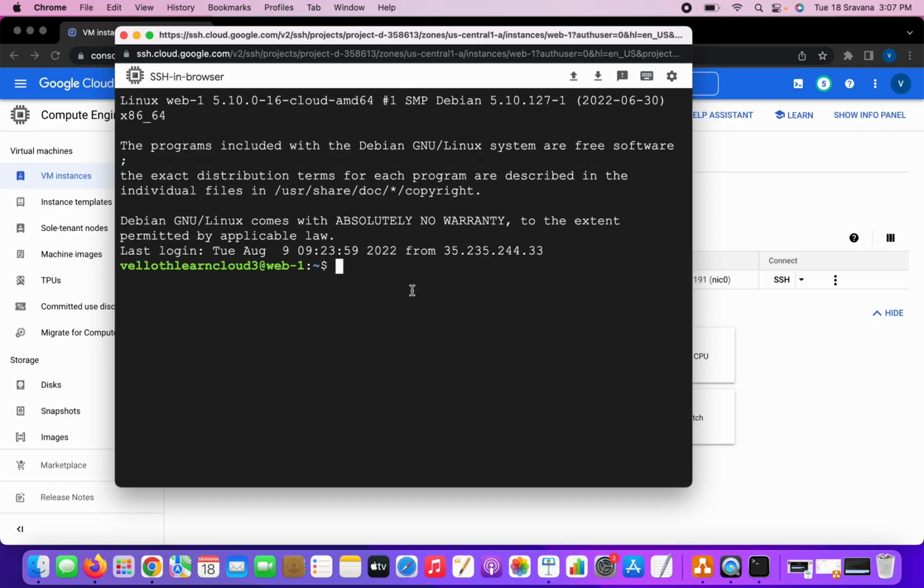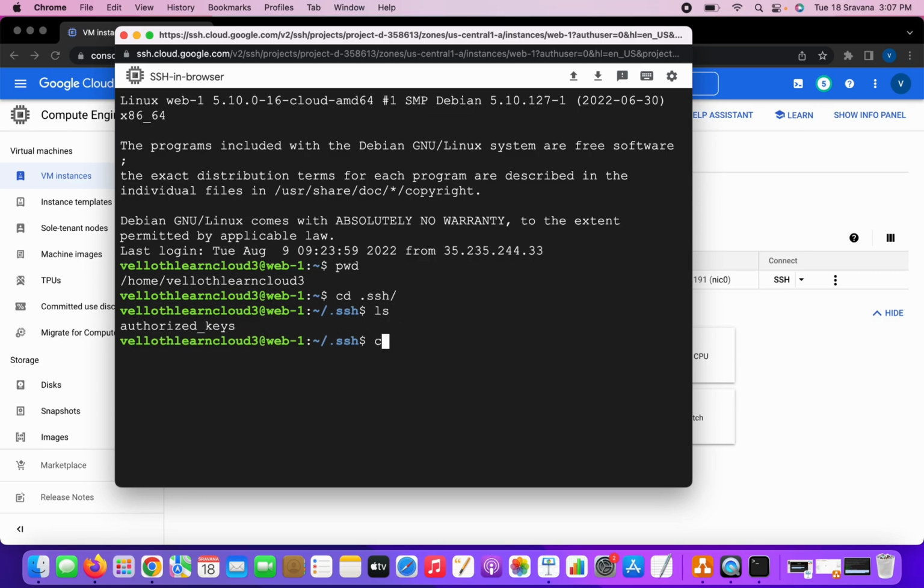Here also you switch to the same path we have seen earlier, right? cd to .ssh and ls. Here also you can see one authorized key, generated by Google Cloud when we logged into the machine the first time,